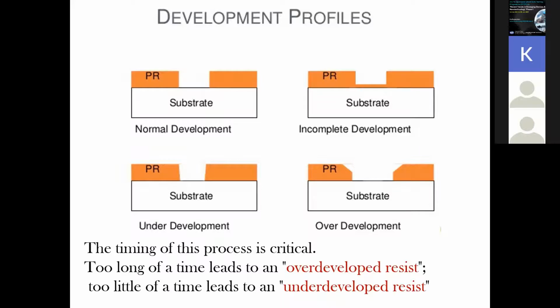Whereas obviously you cannot do an incomplete development, because that will make the whole process useless. The whole process, from the starting point of cleaning the wafer to the post baking and developing, will be of no use, because the photoresist still exists, and whatever you do after that will not create any pattern on the substrate.